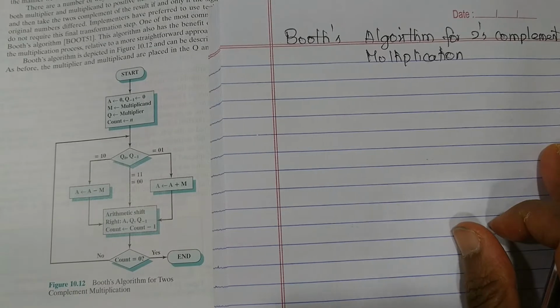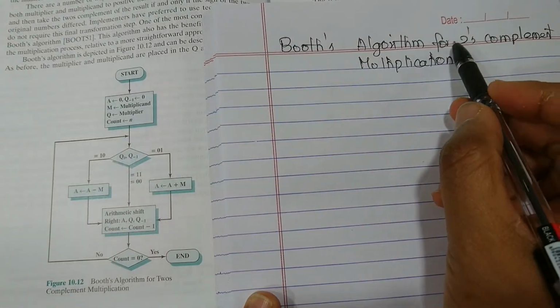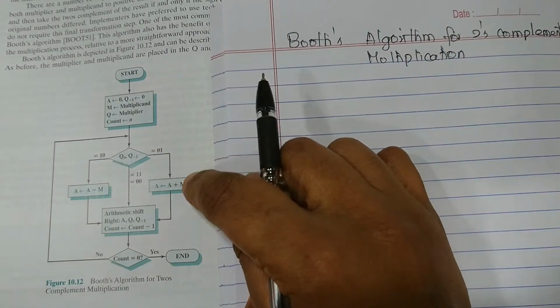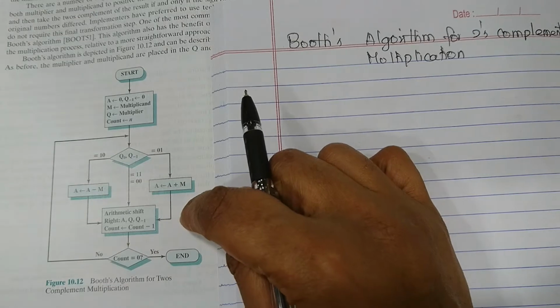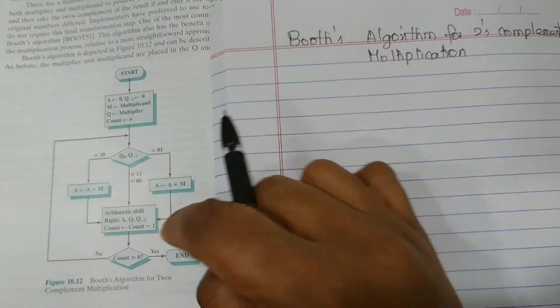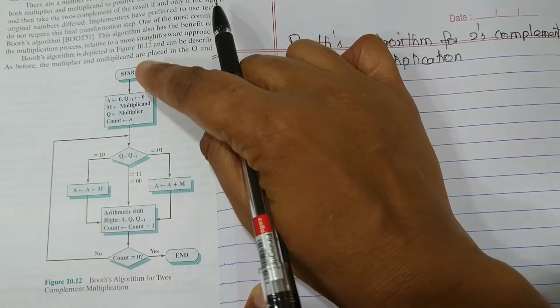In this video, we will look into Booth's algorithm for 2's complement multiplication. The algorithm is given in pictorial form as a flowchart on page number 368. So this is the algorithm. First you will start the algorithm,